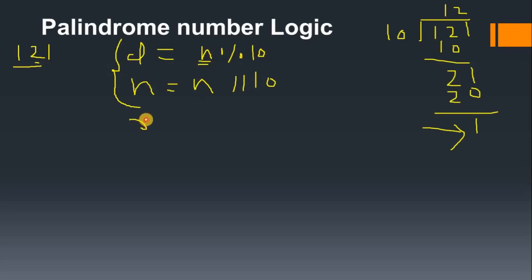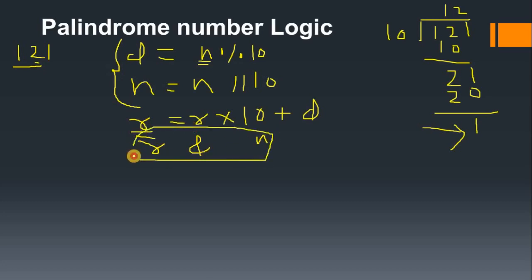And for getting the reverse number, as we have seen in the logic, we will use the logic r into 10 plus that digit. Because of that we get the reverse number, and then we will compare that variable r and the number that we are entering. Okay, so this comparison we will do, and if they are equal it's a palindrome number, otherwise not. So this is the rough logic I made. Now we will see the code that we are going to enter in PyCharm. So first I will explain how it is executed, and then we will go to the PyCharm editor.